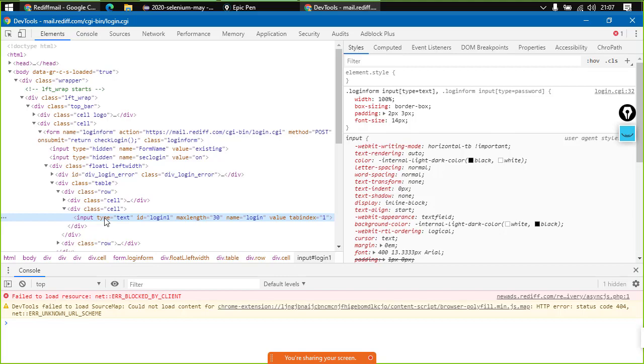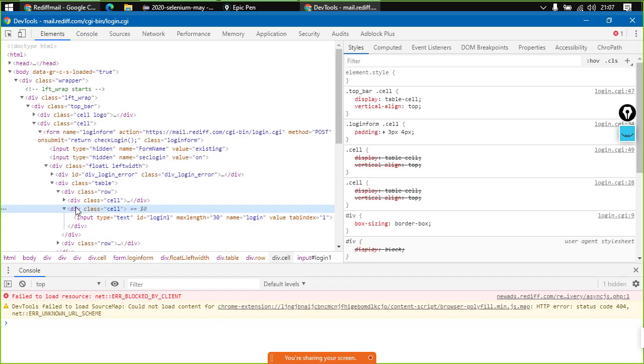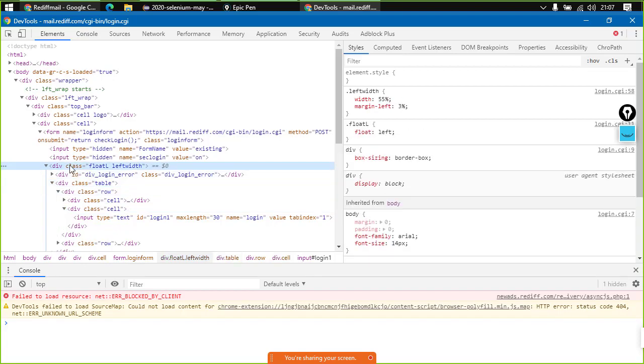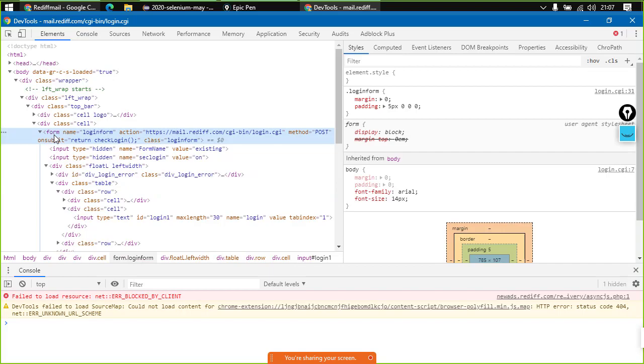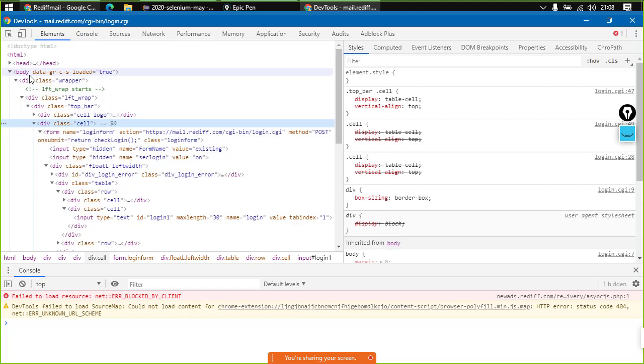Now how is an XPath generated? Here this element is a child of this div tag. This div tag is a child of this div tag, and this one is a child of this one, and this one is a child of this one, and so on. So we get to the root of the element from where it is coming. This is a tree that you need to know, to see how things are coming up and what is the exact path that you need to follow.